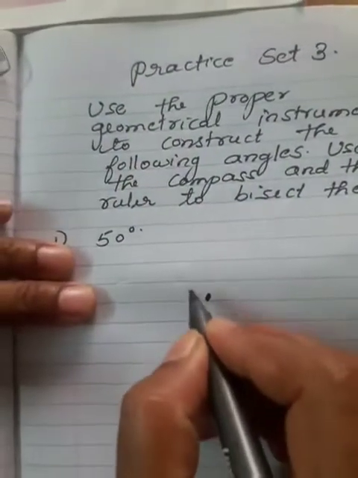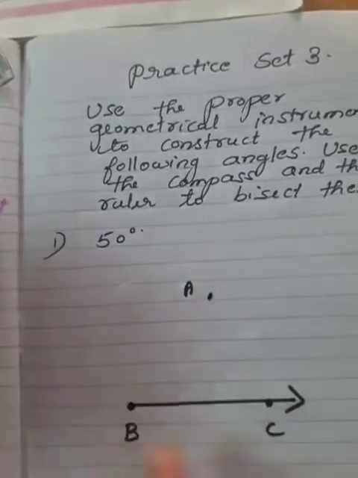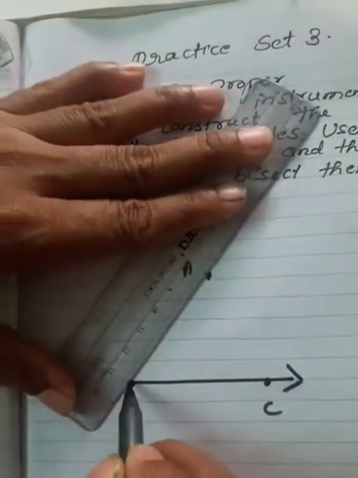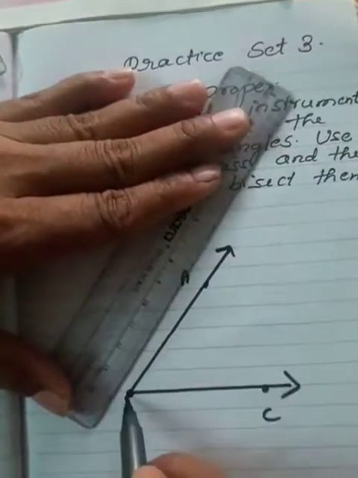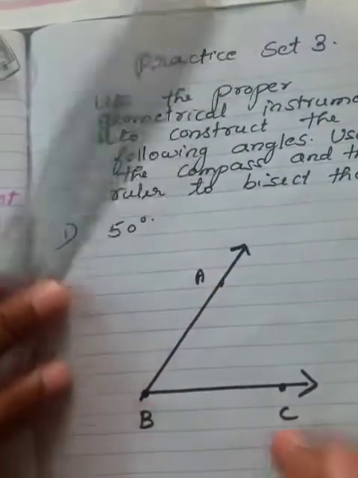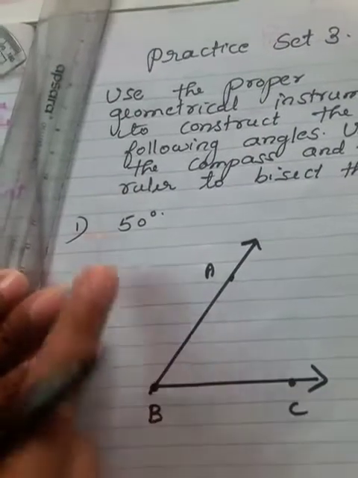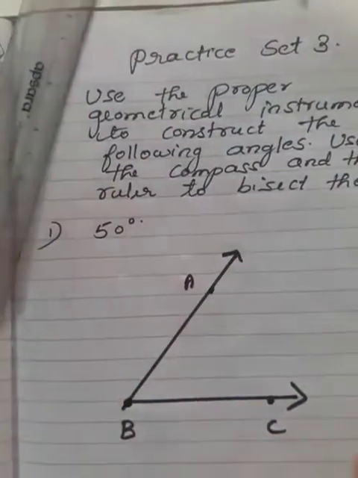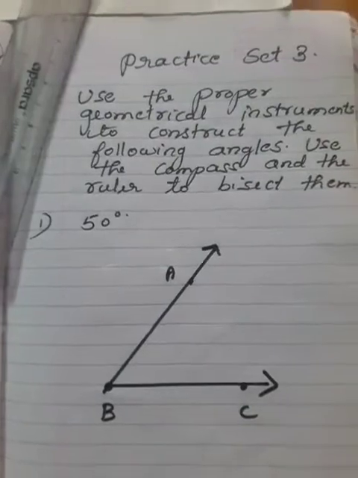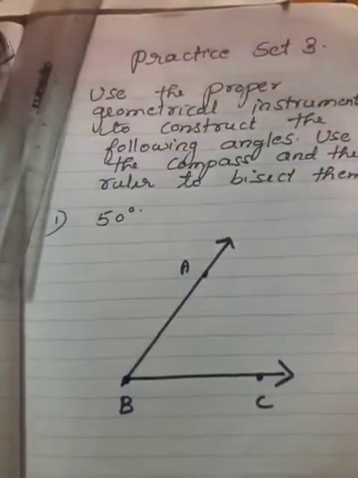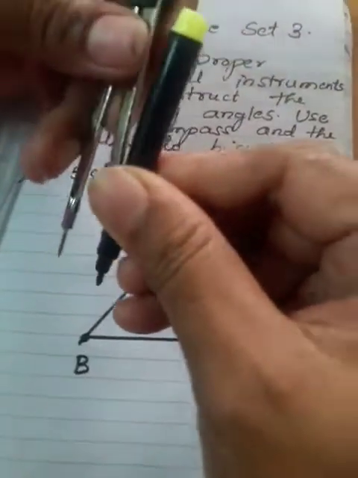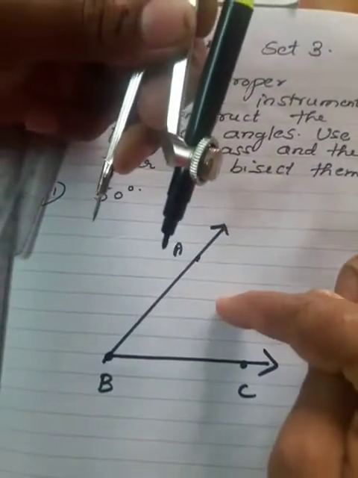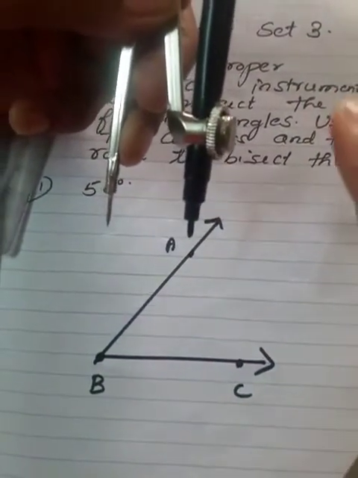So suppose I name this point as A. Now join A and B. Okay. Now angle ABC is formed. What is the measure of angle ABC? 50 degree. Now how to bisect the angle? Now what you should do? Using compass. Here I have taken the sketch pen, but students, you don't take sketch pen and all. You should draw this diagram using pencil and scale.